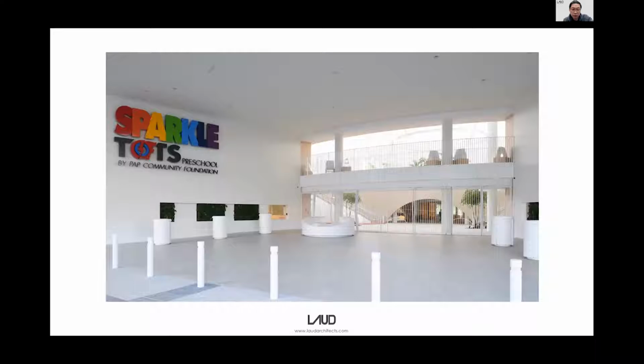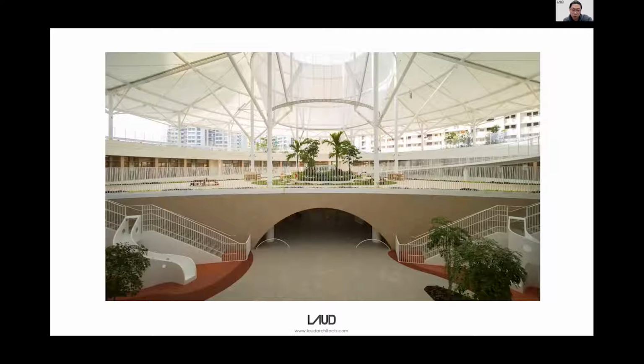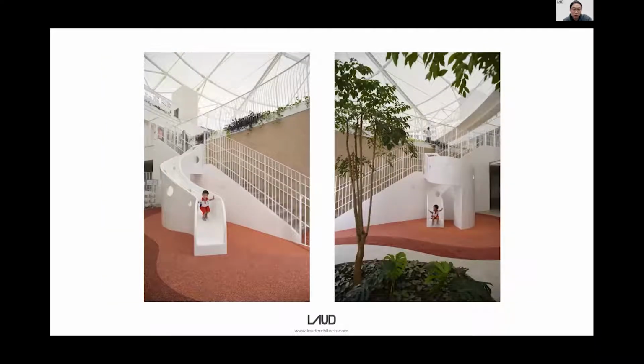So the entrance foyer with self-check kiosks, where the children and parents will check in with iPads and do temperature scans before they are let through. And once you come through, this is the first entrance court that will greet you. So it's really a very expensive, high-level volume. We wanted to create something cheerful with the green and the play slides to greet the children every day when they come to school. So the idea of movement is really also very much